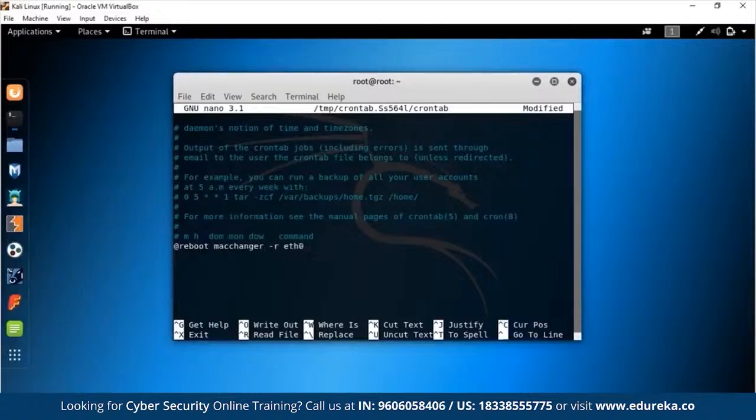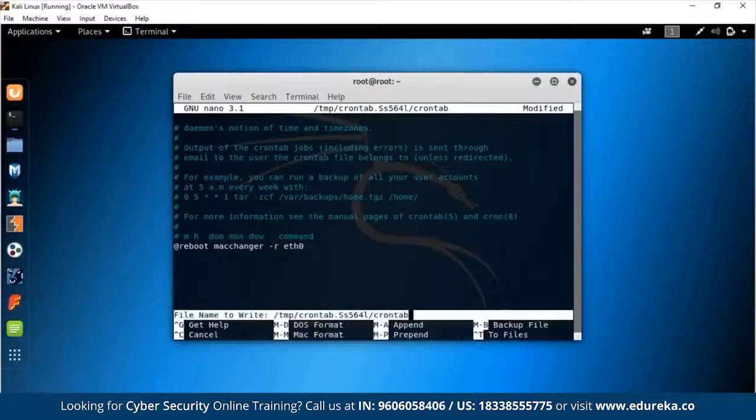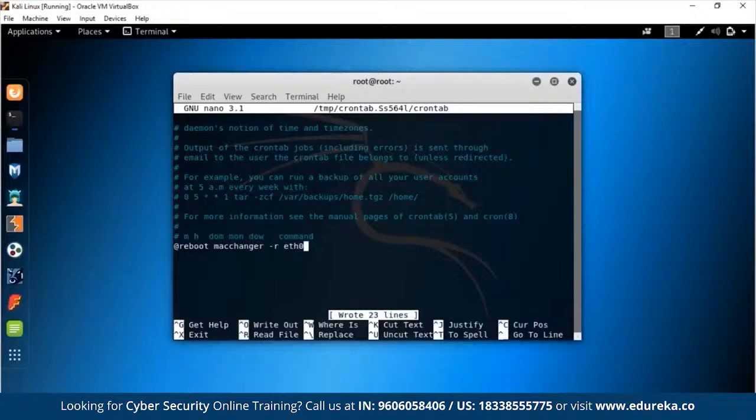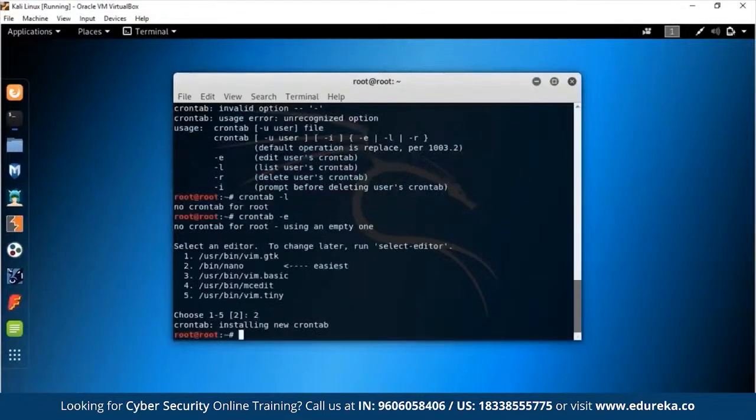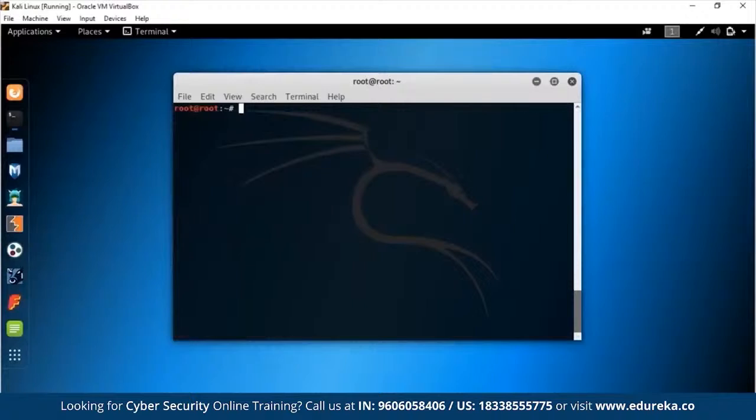So that's done. Now all you have to do is save this. You press Control O, and that will write it out to crontab. You press enter and you have written down one line. Now you press Control X and you have exited. Let's clear the screen by pressing Control L and enter, and let's go ahead and get our MAC address. If we run that, our MAC address is set to F6:C6:49. So just remember the first few octets: F6, C6, and 49.